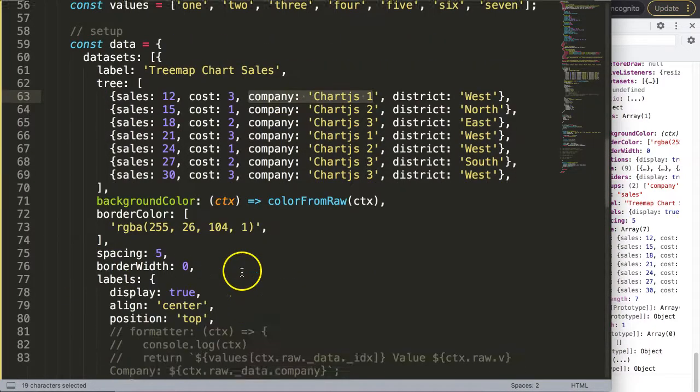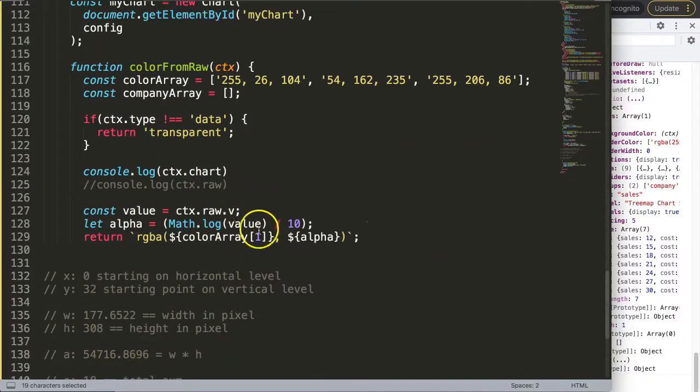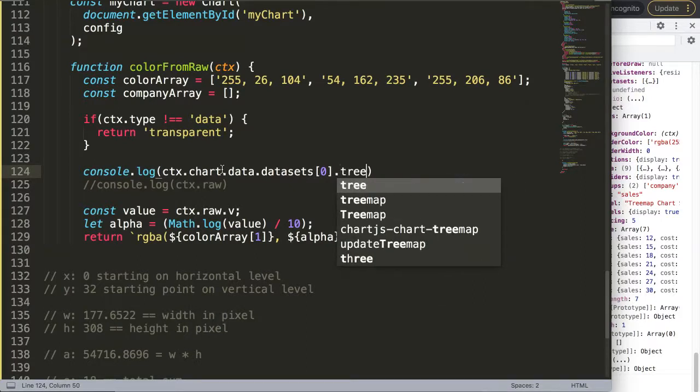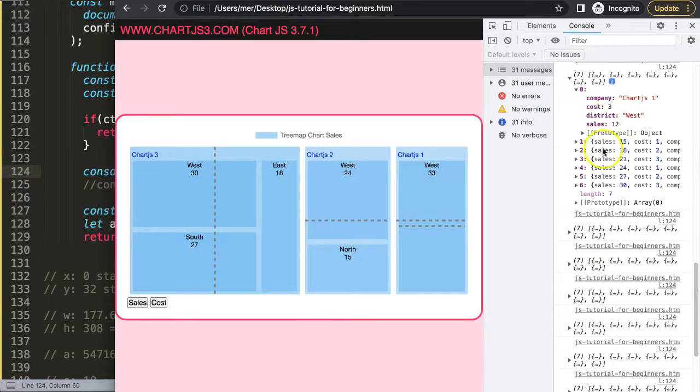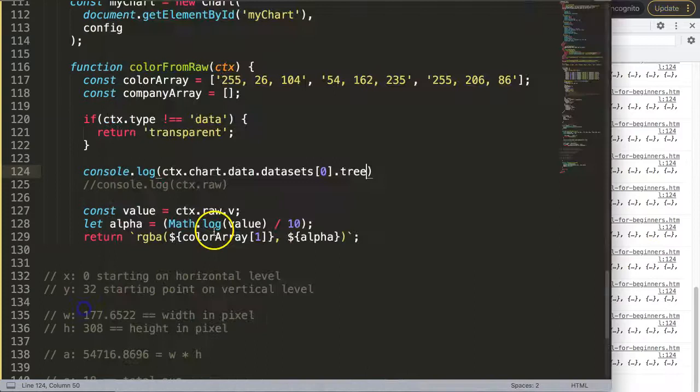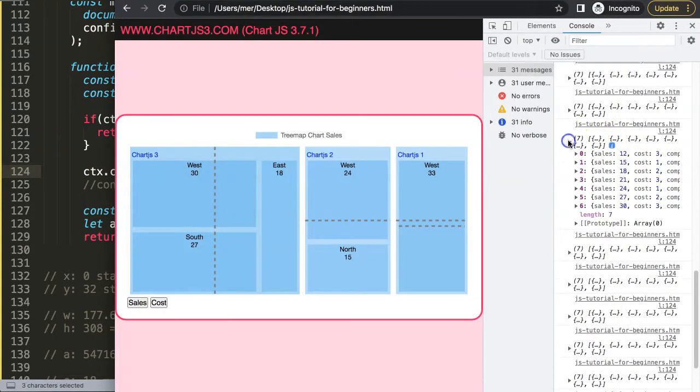So I'm going to say here, scroll down, go in here, dot data as I indicated, then dot data sets index 0, because we only have one data set, and then we're going to say here dot tree. If I save this now, refresh, we get now the tree data points, which is all the data here. Alright, so now what I can do is a for each method. So maybe what I'm going to do here is going to remove this console log now, say a dot for each. Basically this would mean we will loop through every item in the tree, which is 7 specific items,